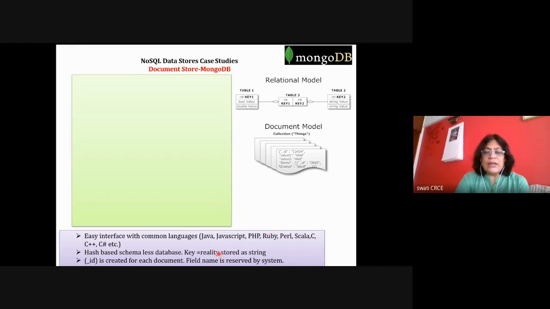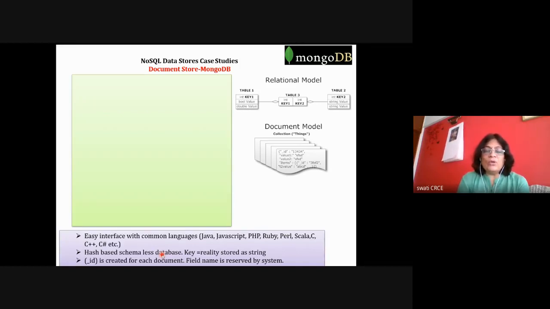It is using a hash based technique and is a schemaless database. Hash based means the keys are hashed, and the partitions are decided where the particular document is stored. In reality, the key is stored as a string. So the keys are hashed to a particular partition where the collection is stored.